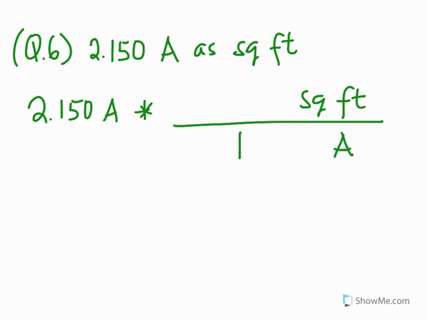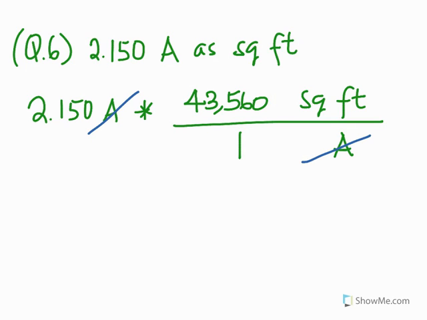We have that 1 acre is equal to 43,560 square feet. So our acres here will cross out our acres here. And we now have a 2.150 times 43,560 will give us a